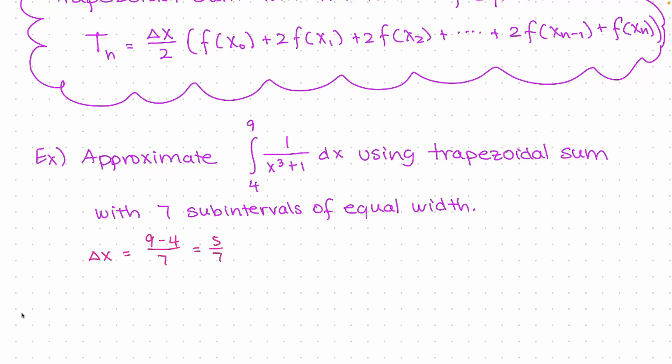So then, this is where the tedious part comes in. If we think about our x sub 0, x sub 1, x sub 2, and so on, all the way up to x sub n, I'm not going to try to graph it. Who knows what the graph of 1 over x cubed plus 1 actually even looks like. It doesn't matter. What matters is, can we take the interval from 4 to 9, because that's the interval on our definite integral,